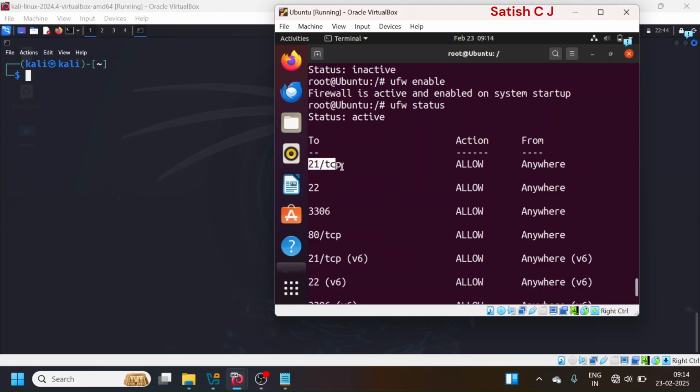So the first rule is we are allowing traffic in port number 21 from any IP address. Anyone can really perform FTP if they know the username and password. Likewise, from port number 22, we are allowing traffic from any IP address to this port. We are allowing traffic from any IP address to port number 3306 and 80, that is HTTP traffic,